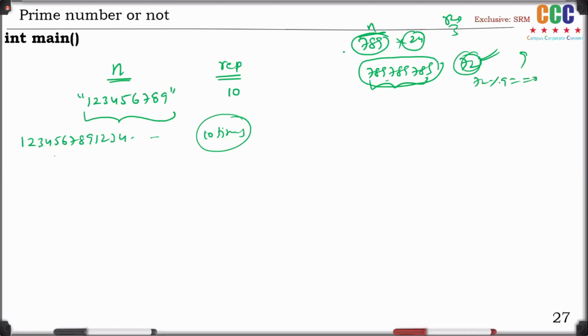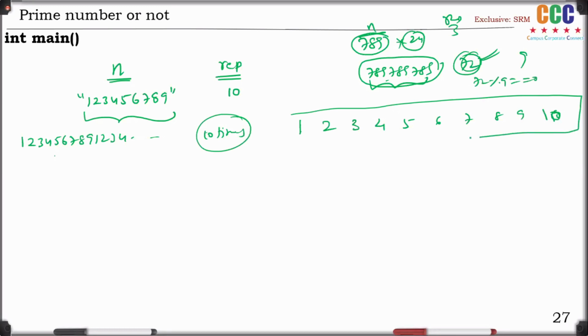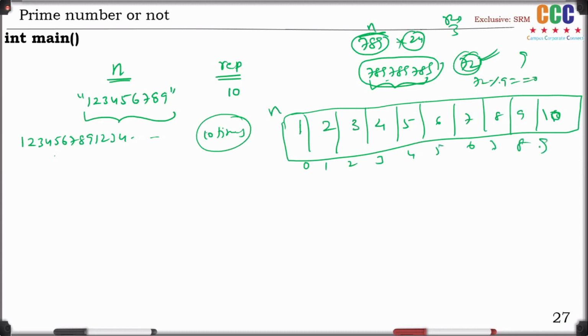Okay, here don't use an array. I am using a string, and a string is nothing but a character array only. It is a character array that is 1, 2, 3, 4, 5, 6, 7, 8, 9, and the null character. This is the actual status of this string, right? This is your n of 0, n of 1, n of 2, n of 3, n of 4, 5, 6, 7, 8, 9.